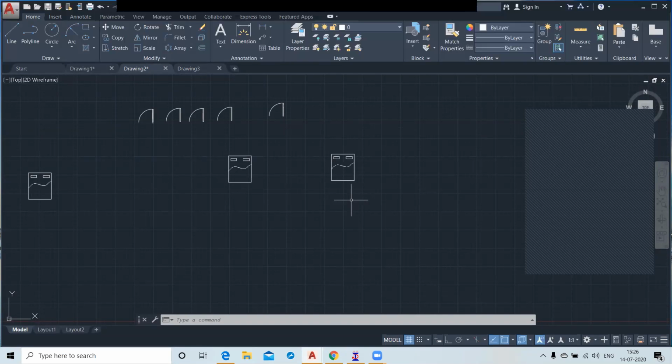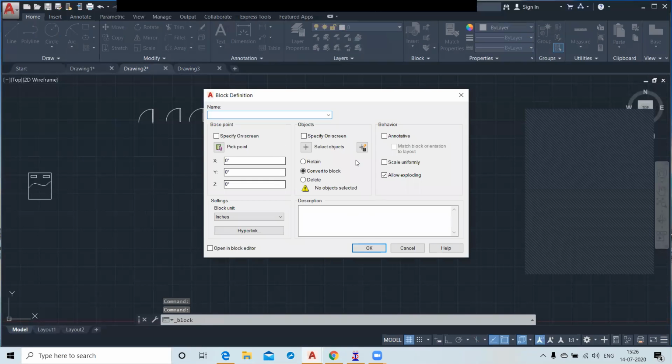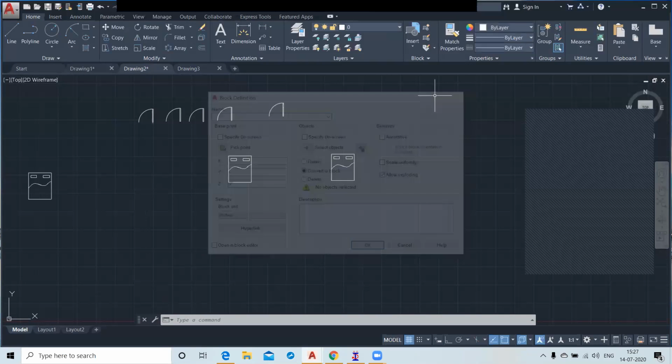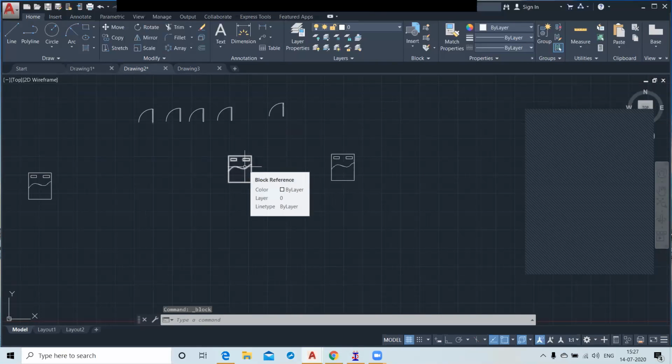I don't have any option to assign the location in the block definition. So these are your temporary blocks, and in drawing 3 again we have to create that one, sir.